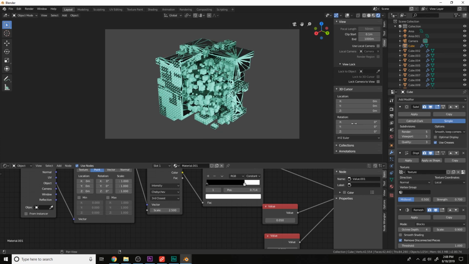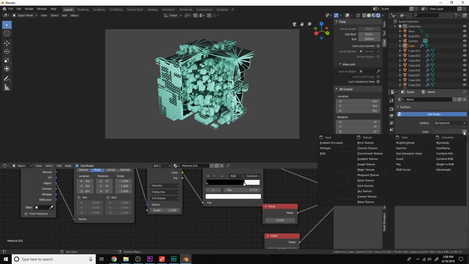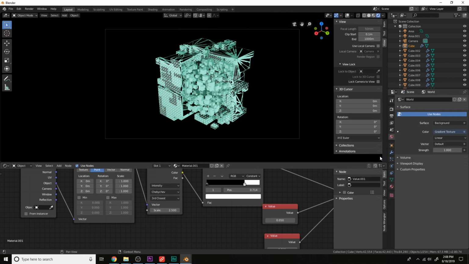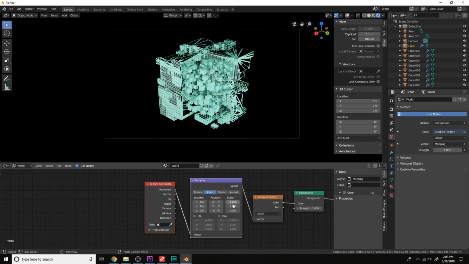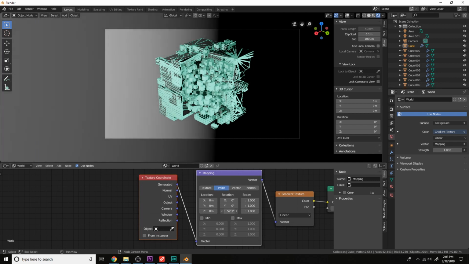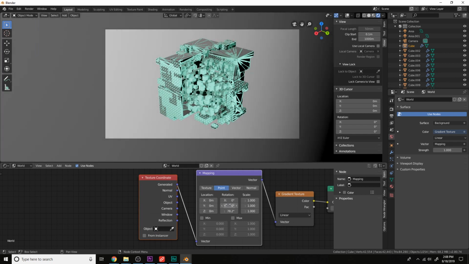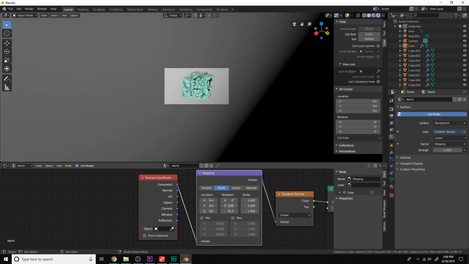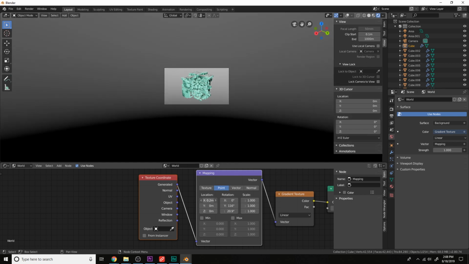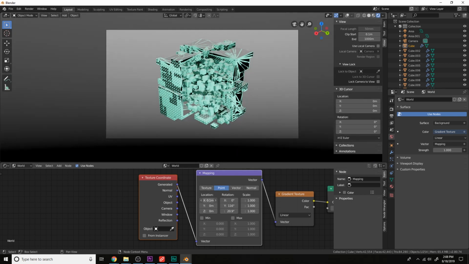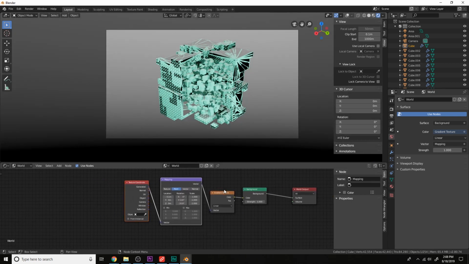Let's add a background here. Adding a gradient here. Go into the World tab. And press Ctrl T on this gradient here. And move this over like that. And rotate this gradient here. Move it down. And then we will